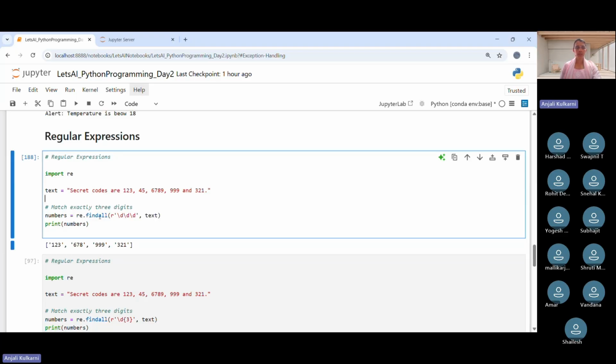So for this, re is the library as I mentioned, and this re library has a function called findall. This findall will look at all of the contents or all of the words of this text, and it will match this pattern. So we said that \d is for a digit, isn't it? Now I said that I want to match exactly 3 digits, so I put in this \d thrice. So that means 3 digits. And then I print the numbers, whatever numbers I get. So if I run this now,